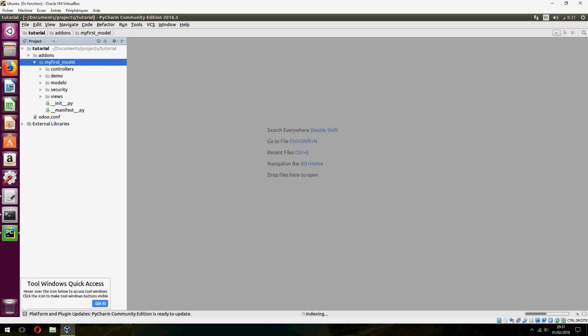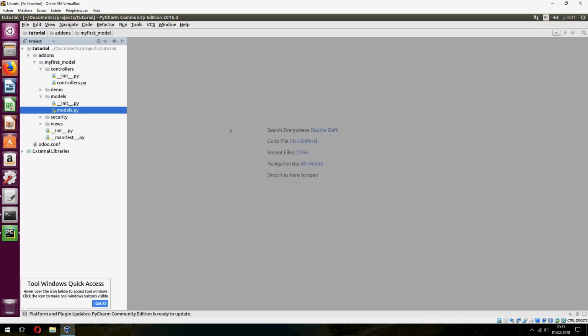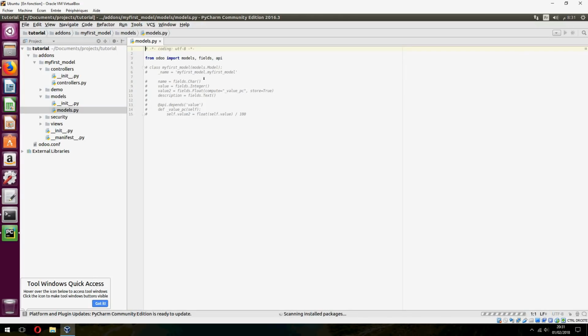So this is my model, my first model, and this is the controller, which will contain all controllers. If you have business logic, some controller, and the demo I don't need, and in the models we will create a business object here. A business object is like, for example, a customer, who has a name, last name, and security. I will show you in this part only how to create a new view and model, and the most